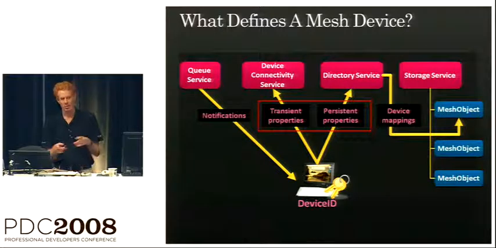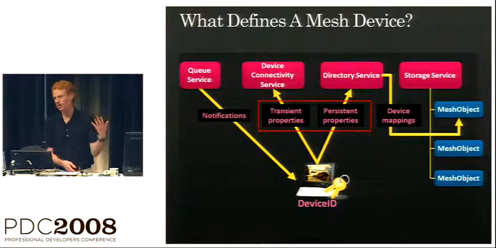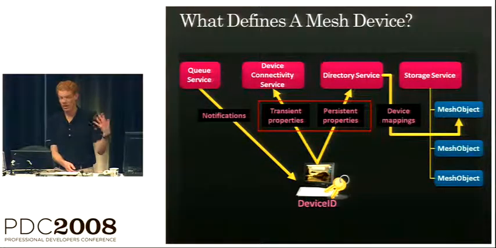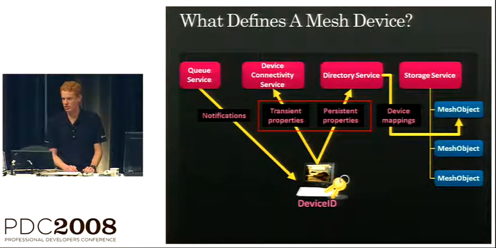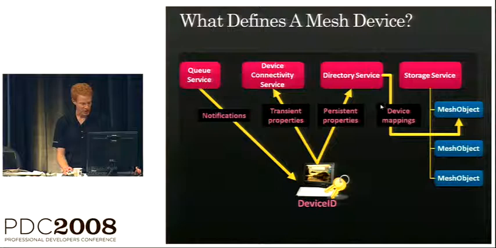So this is when I was talking about the differences in horsepower between the app paradigm and the device paradigm. This is one of those examples. If you publish your device connectivity, you've got to remember to refresh it according to the TTL. Otherwise, it's just going to fade out from the device connectivity service, and no one's going to know you're online anymore. And then the last thing that's pretty interesting here is